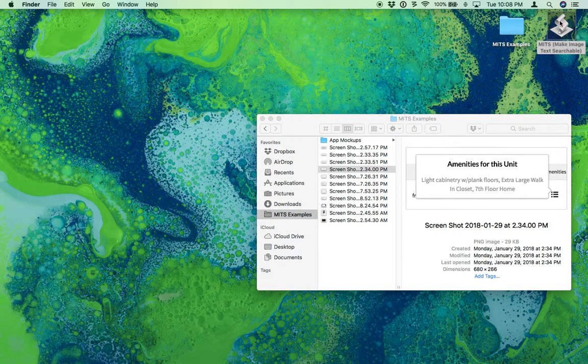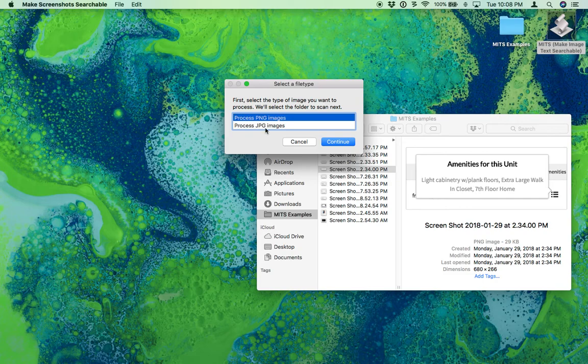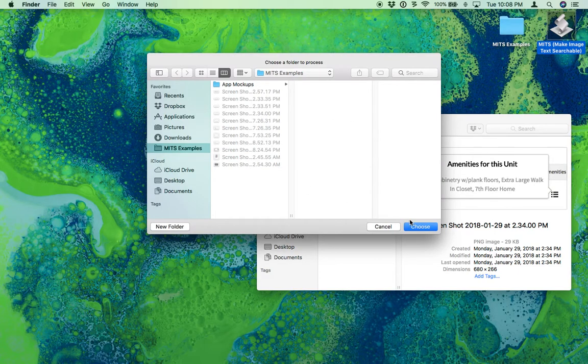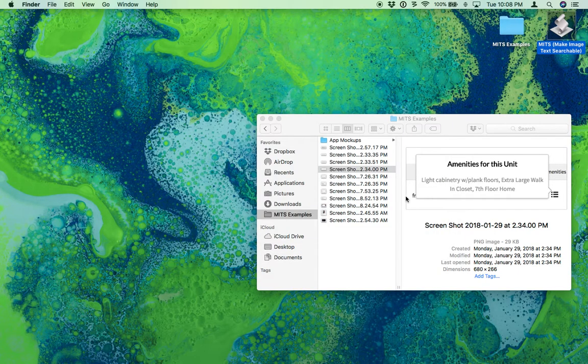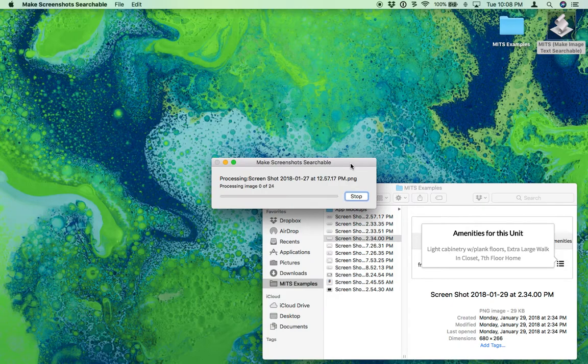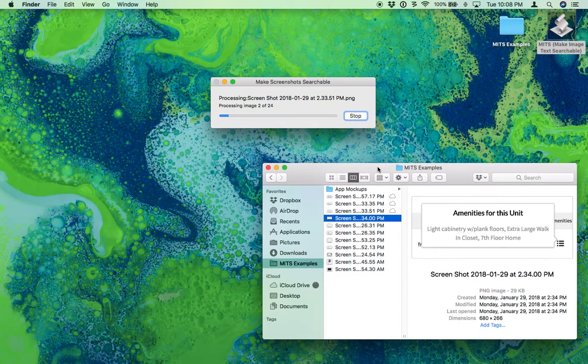So to see a quick example of that, pop open the script here. It's going to ask if I want to process PNGs or JPEGs. These are going to be PNGs. So I tell it this folder, and then we just sit back and watch. In a second here, we should see it will pop up with a, there we go, this little window here,